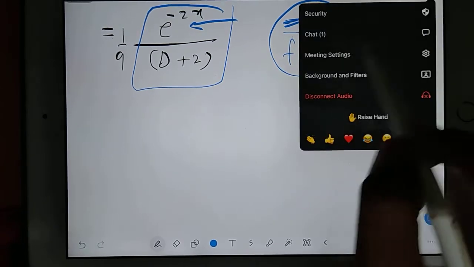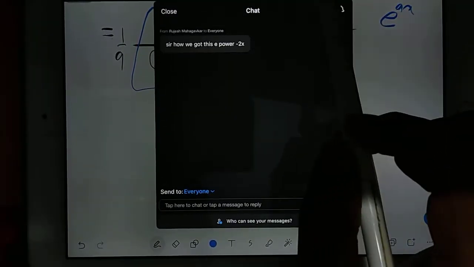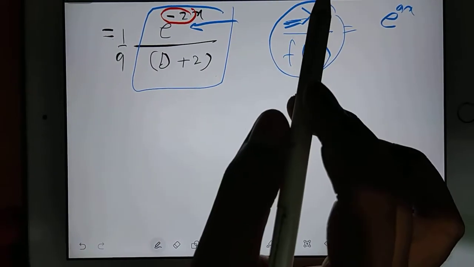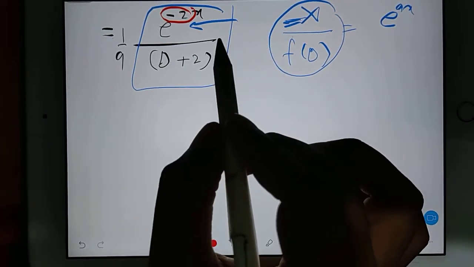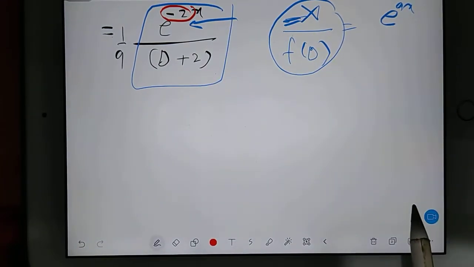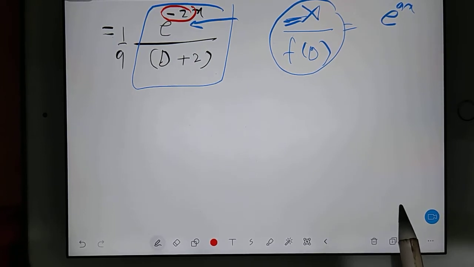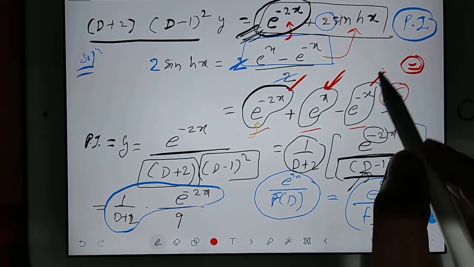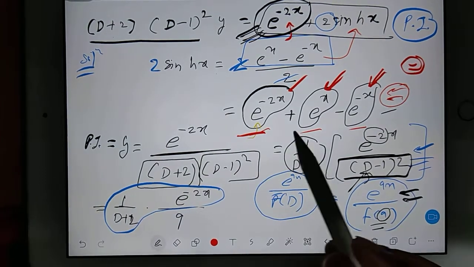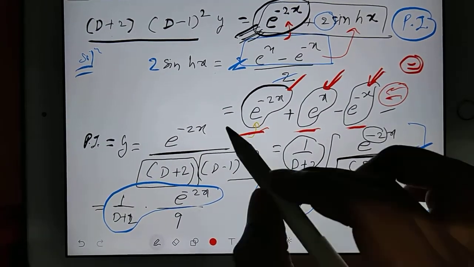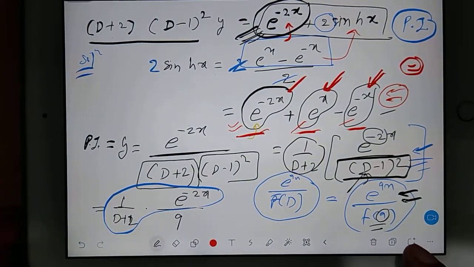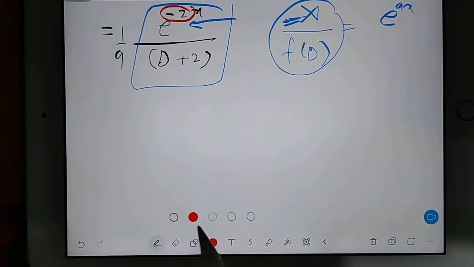We are solving. Rajesh, what is your difficulty here? No, total power we don't have to see. We have to see only the coefficient, Rajesh. That's what I said in the very beginning. This e power x you will do separately at home. E power minus x you will do separately at home because they are three terms. So we have to solve them separately. So right now I am solving this. These two you will solve by yourself. I will give you answers. Rajesh, clear? Okay.